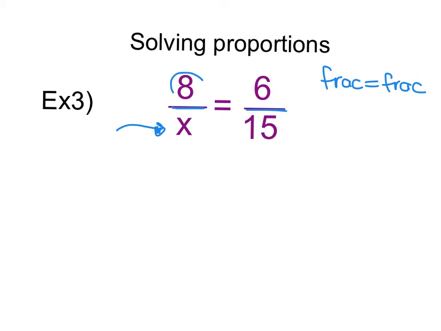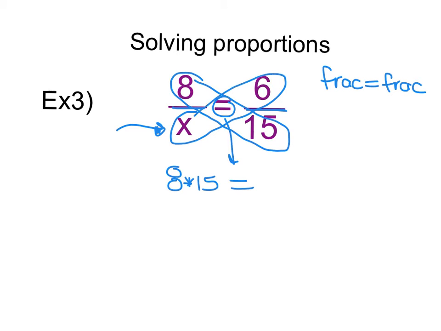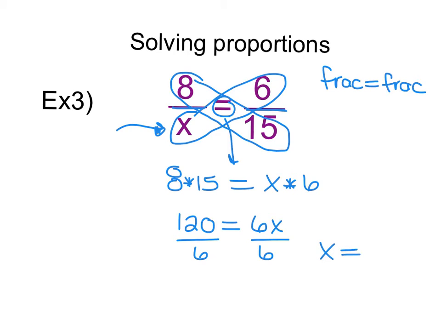So I'm going to take numerator of fraction 1 times denominator of fraction 2, so 8 times 15. That gets set equal to x times 6. Now I can rewrite this a little bit. 8 times 15 is going to be 120. X times 6 can be written as 6x. We then need to divide both sides by 6, and as we do so, we determine that x is equal to 20,